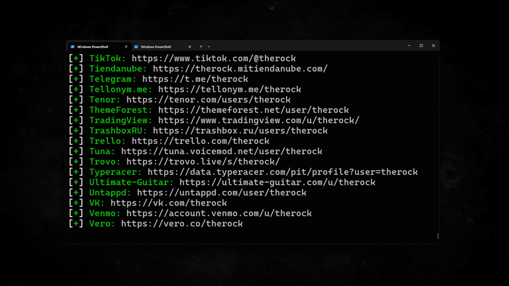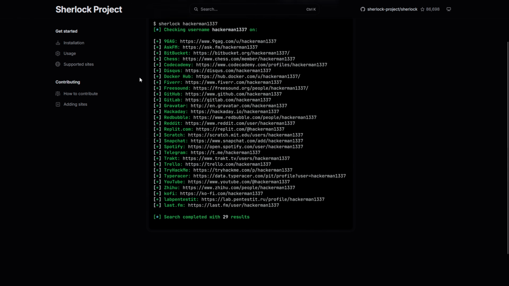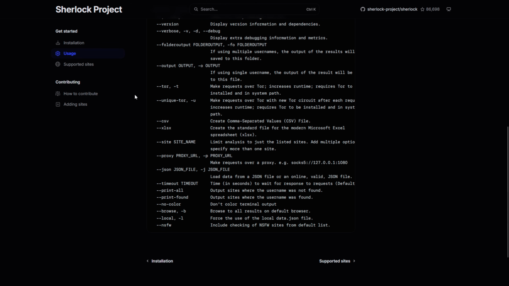Now, it doesn't really matter if the account was made 10 years ago or yesterday, because if the username matches, then Sherlock will find it. Now, most of us just assume our online spaces are completely isolated and that a random gaming tag has absolutely nothing to do with our personal lives, old school forums, or secret Reddit profiles. But tools like this one prove how easy it is for a complete stranger to stitch together a highly accurate